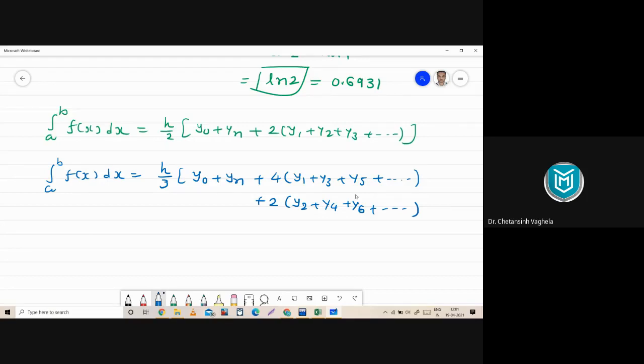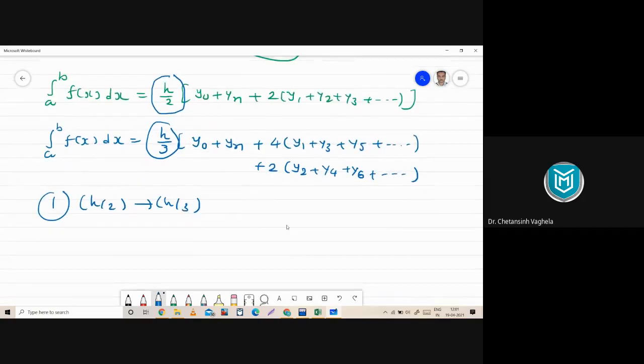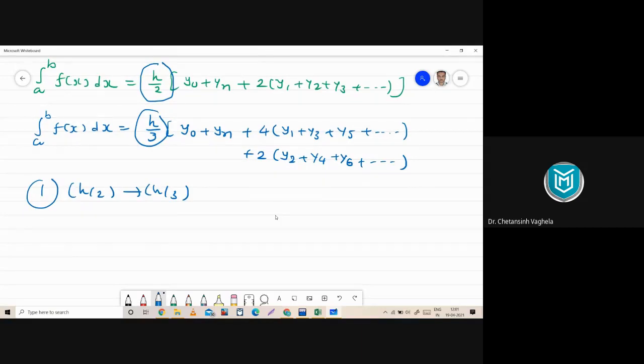Apart from this, what other changes can you observe here? First change is this: h by 2 and h by 3. So first we need to replace h by 2 with h by 3 when we change the trapezoidal rule to Simpson 1 by 3. Then in the